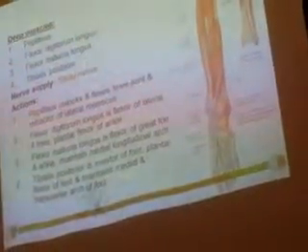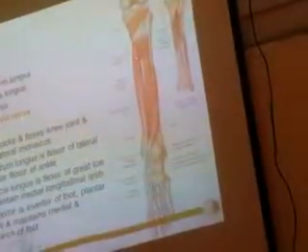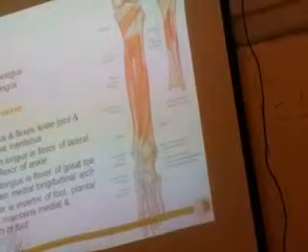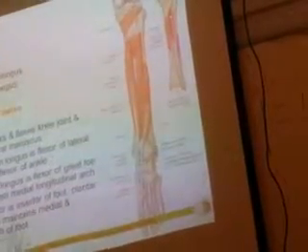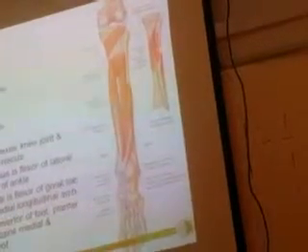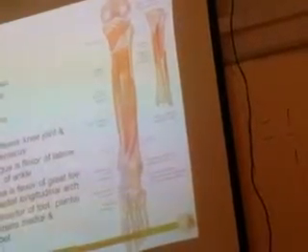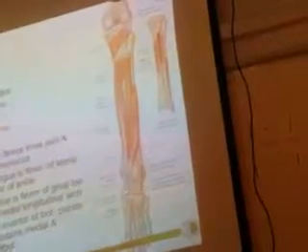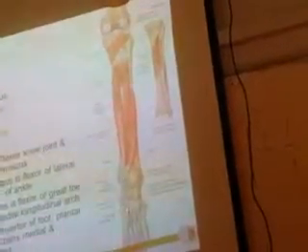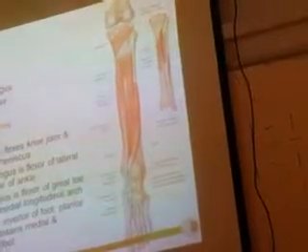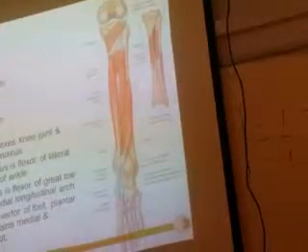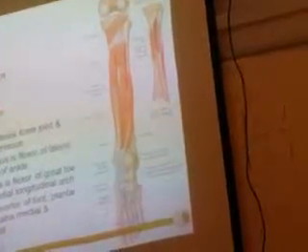The fourth muscle is the tibialis posterior. The origin of the tibialis posterior is from two bones, the tibia and the fibula, as well as from the interosseous membrane. It goes all the way and gets inserted to a bone here called the medial cuneiform. There are 3 cuneiforms: medial, intermediate, and lateral. When you study the foot, you study this. So it gets inserted to the medial cuneiform. So these are the muscles.